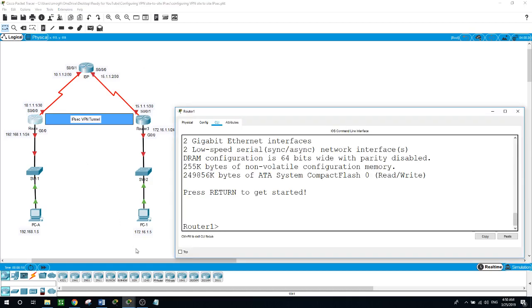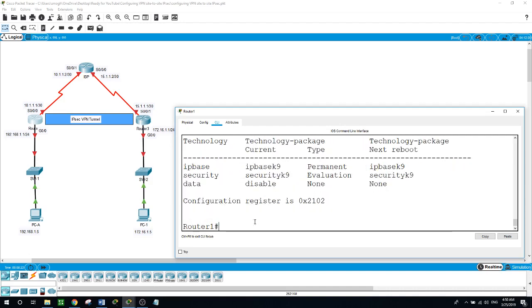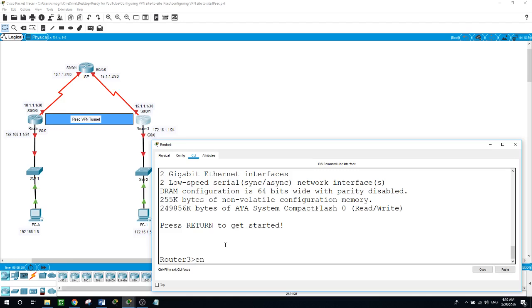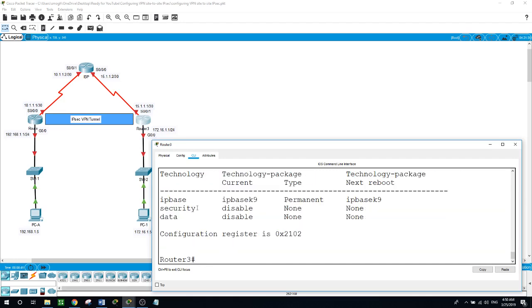And here I saved this so I can show you. Now when you run the command show version, it will show you here that we have the security package installed on the router, so it will help us configure the VPN tunnel. But on router 3, if I run the same command, show version, the security package is not installed here. So, if you encounter this issue, all you need to do is install it